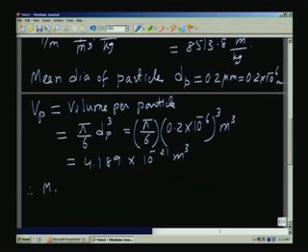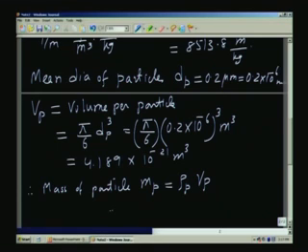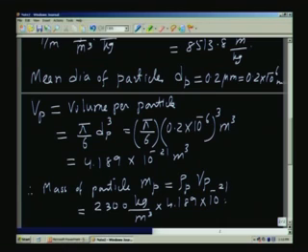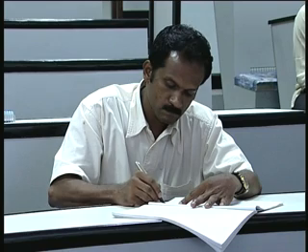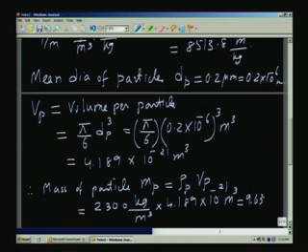Therefore, mass of particle MP is rho of the particle multiplied by Vp, and rho is given as 2300 kilograms per meter cube for carbon, multiplied by 4.189 into 10 to the power of minus 21. This will be meter cube. So, that will give you the mass of each particle, which will be 9.6342 into 10 to the power of minus 18 kilograms. So, we are talking about very small mass for each particle,